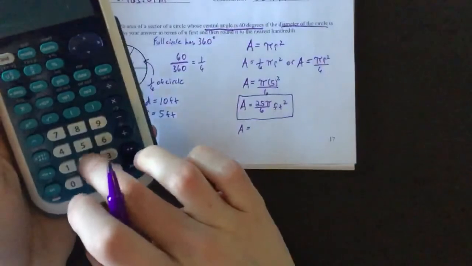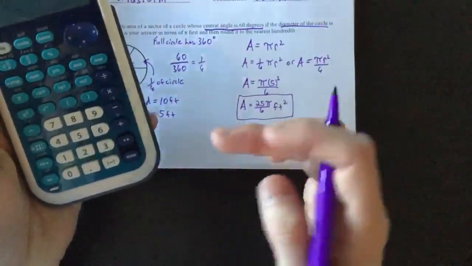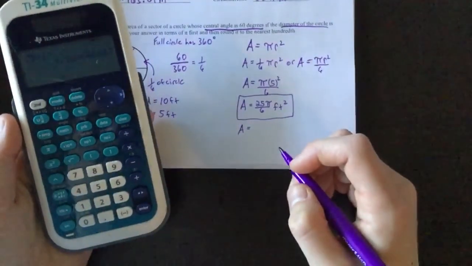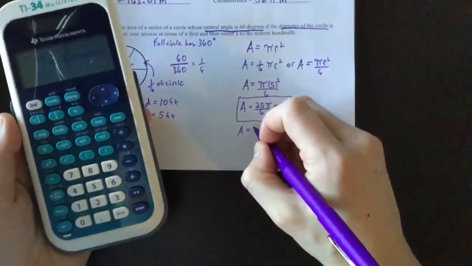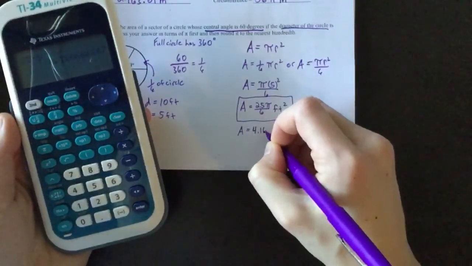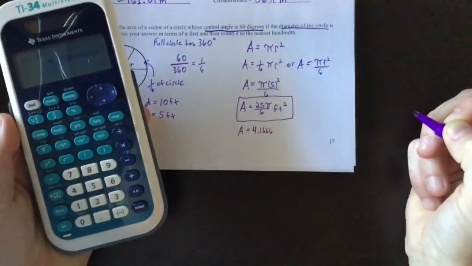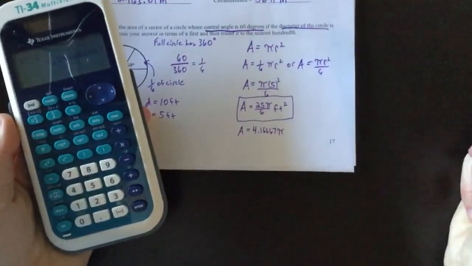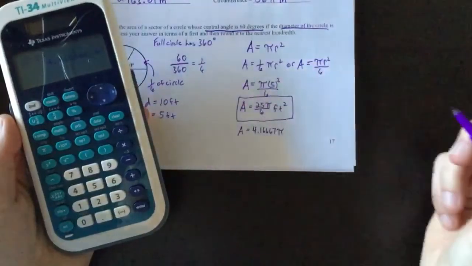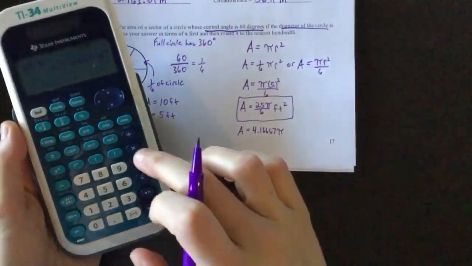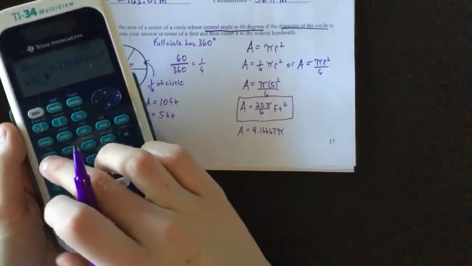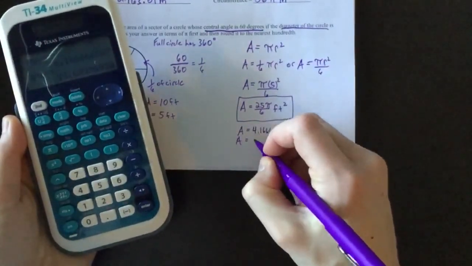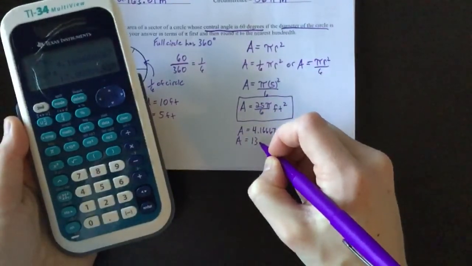And when I do 25 divided by 6, I get a decimal, 4.166666667, which means 4.16 repeating, and I'm going to jot that down a couple of decimal places out and then put my pi. Okay, and I can even leave that in my calculator for the moment and then just push times pi, and we get our answer, and I'm going to write down a bunch of decimal points there,